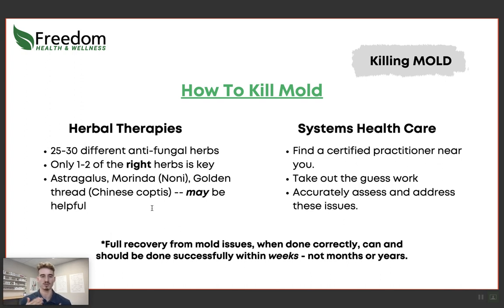In my practice, working with mold patients, we've had an amazing success rate. I believe it's 100% with detoxing the mold and then also killing the mold. And again, you want to do these at the same time to really support healing and really take care of this issue. I've often found astragalus plus Morinda, or Morinda plus golden thread, or astragalus plus golden thread, one of those combinations to work well. And those have been fairly common things that I've seen. However, again, every patient's different, and that's why I always recommend you want to work with someone that really knows what they're doing and they're able to find these things out for you.